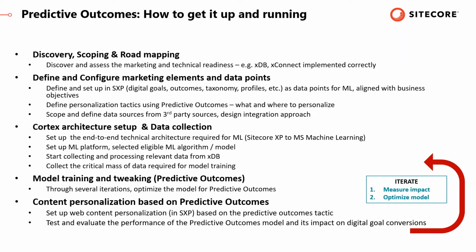Predictive outcomes, as I already mentioned, is the full-blown machine learning project. For illustration, these are the main steps which need to be done to fully launch it. So it's not a magic box, it's not a magic button that you just switch on and it works. As you can see from the digital marketer perspective, it all starts with having all the analytics defined and set up,